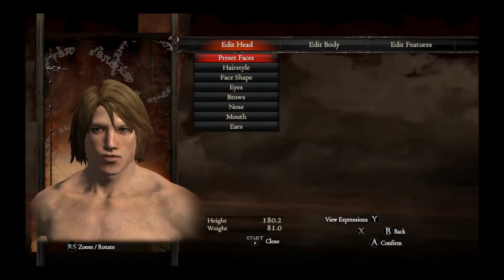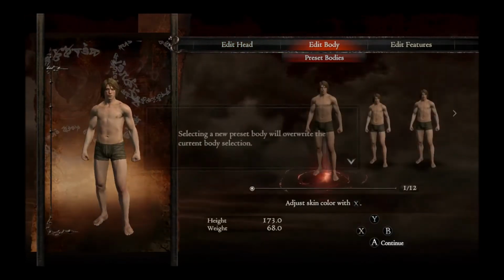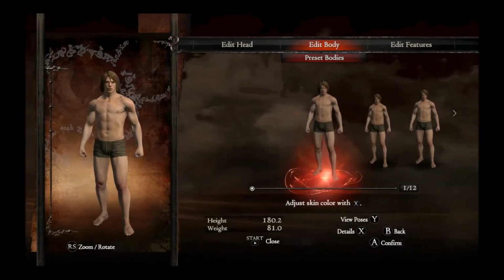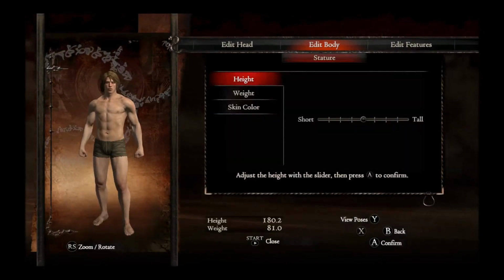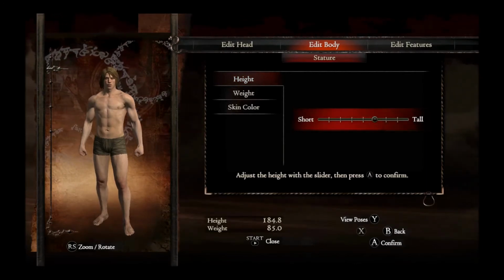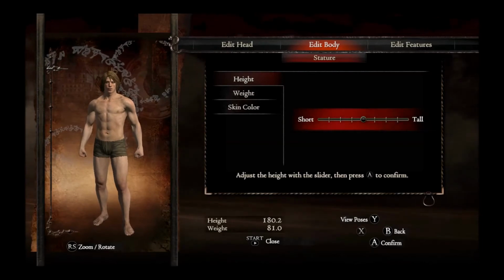How do I go to the next one? Oh, okay. Right, preset bodies. I'll tweak it myself, thanks. Stature. Height. Let's go a little bit taller. Unfortunately, it goes in increments, so you can't fine-tune this. But I think,